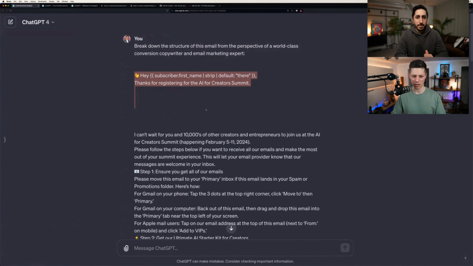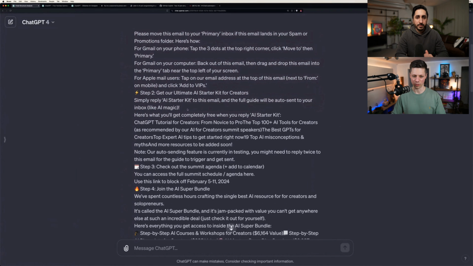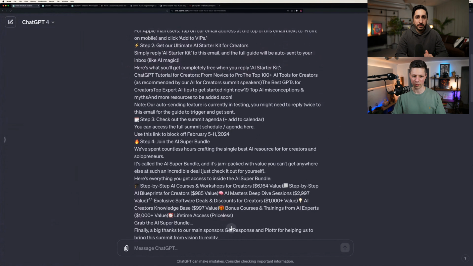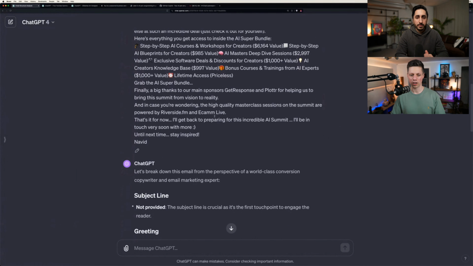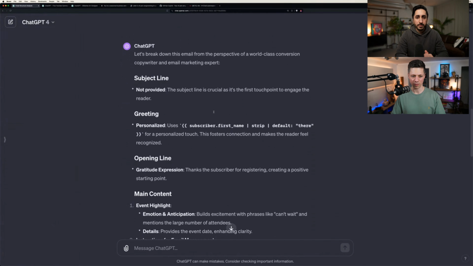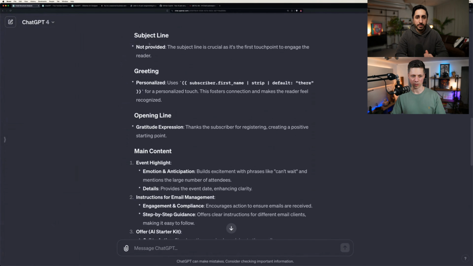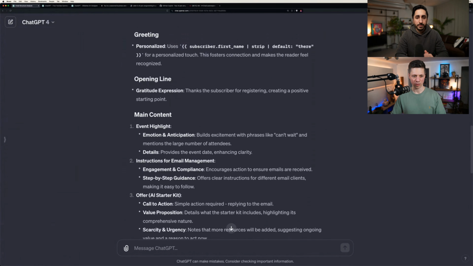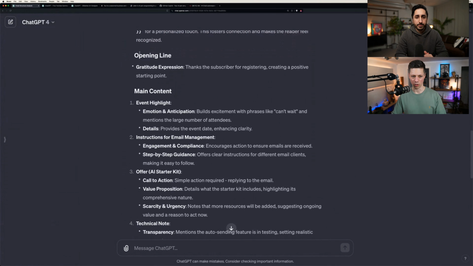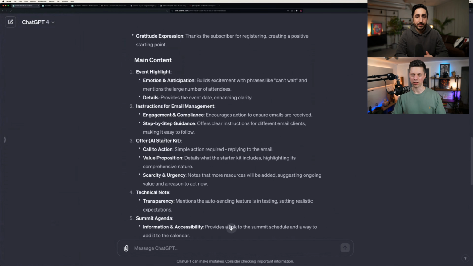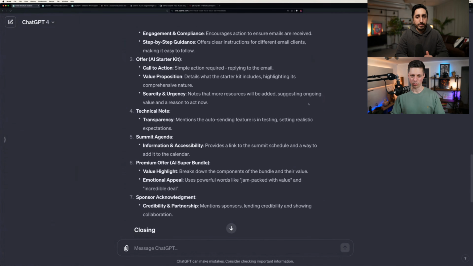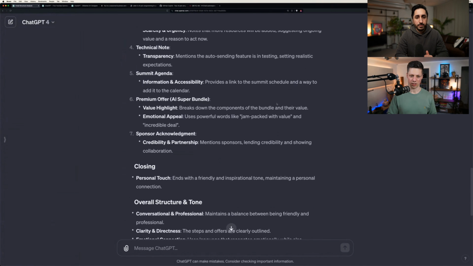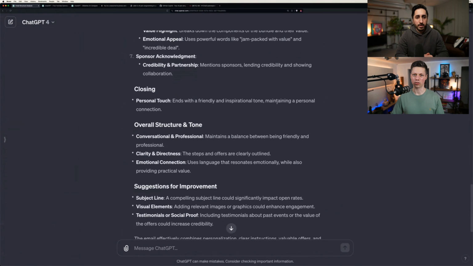And we copied the email directly out of ConvertKit, which is why the line breaks are a little bit messy here. But it doesn't hurt ChatGPT at all. So it gave us very good structure. We didn't put the subject line in, so it didn't have any insights here, but we say, okay, what's the greeting, personalized touch? What's the opening line like? What's the main content like? And you get a really, really good structure that you can copy and paste into a new prompt, or even